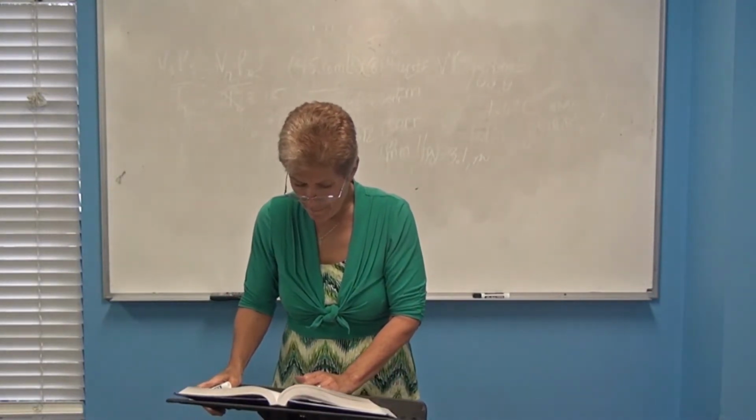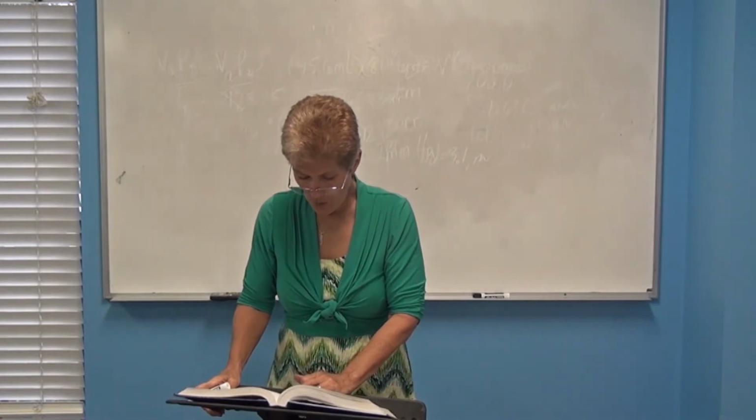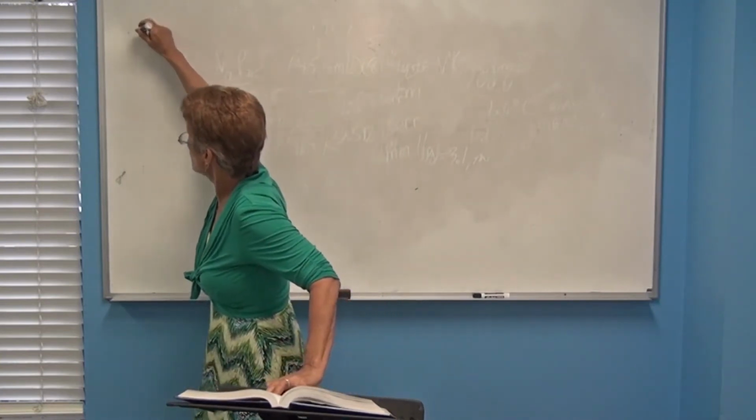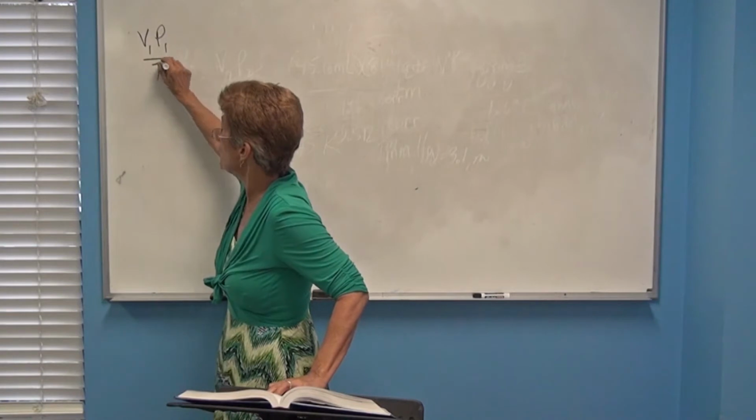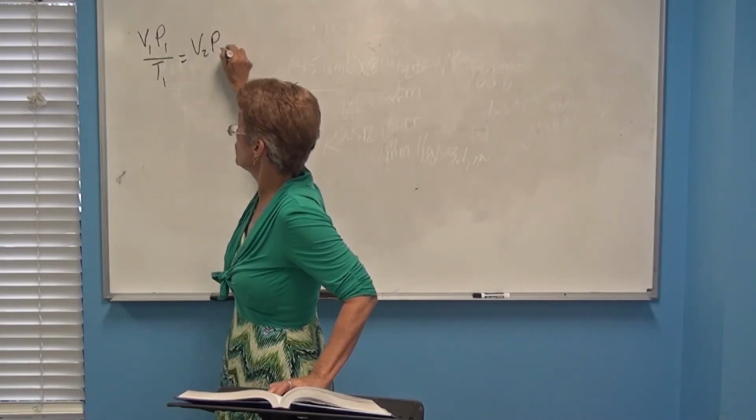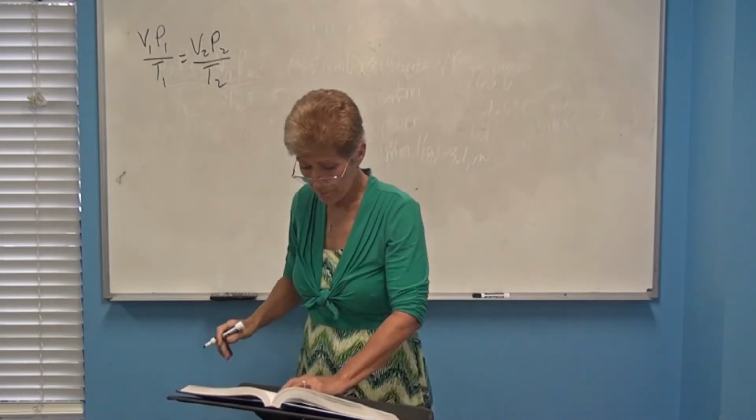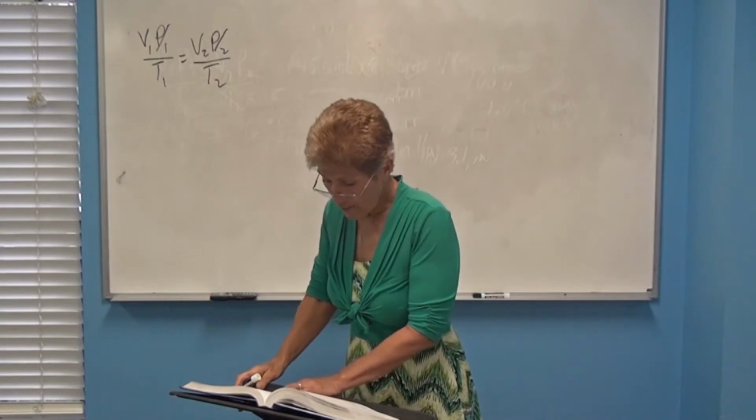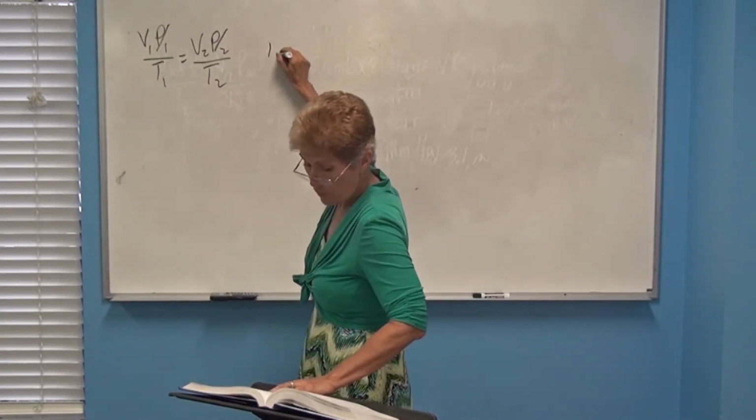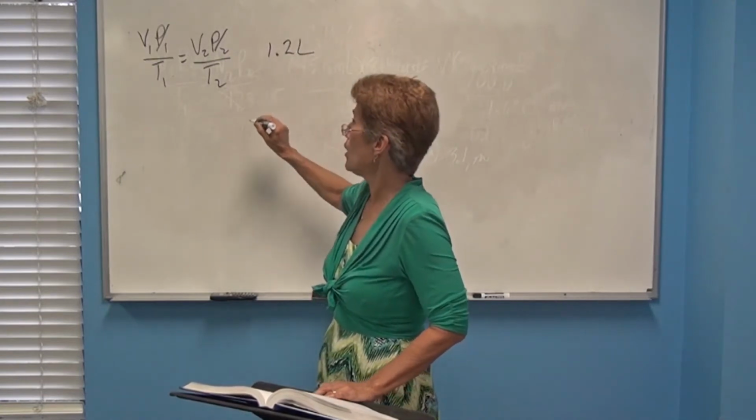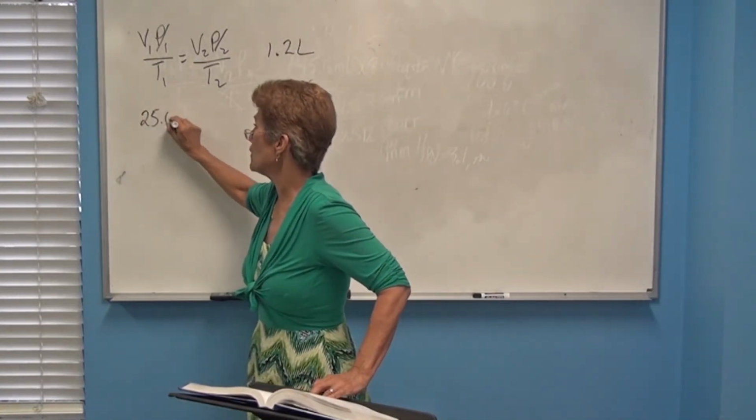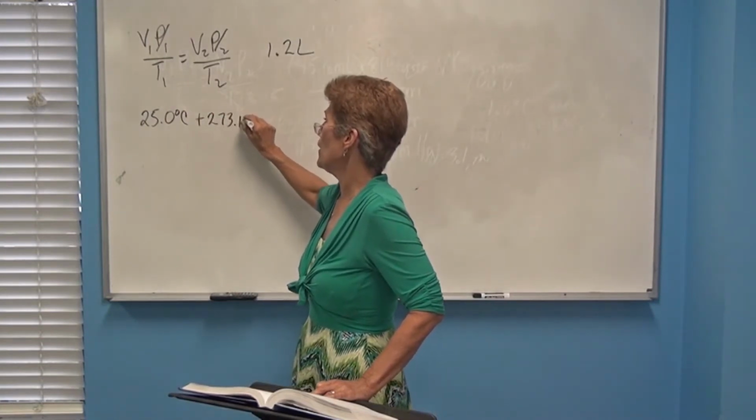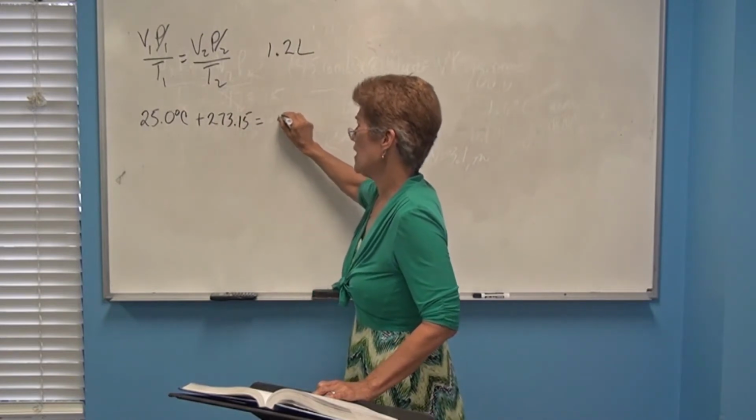Let's see. Next one, 13. A flexible container is held at a constant pressure. So the pressure is constant. I guess I should just leave this up here, shouldn't I? V1 P1 over T1 equals V2 P2 over T2. Okay. And we're holding pressure constant, so that's going to leave this term. It starts with the volume of 1.2 liters and a temperature of 25 degrees Celsius, but we can't use that, so we're going to go plus 273.15 equals,